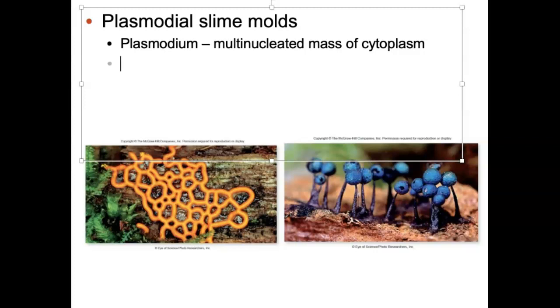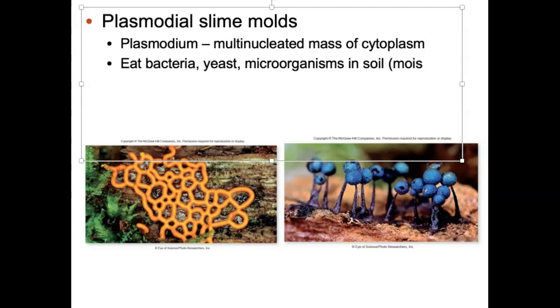Ecologically, they're going to eat things like bacteria, yeast, basically microorganisms in the soil. So these are terrestrial. We're not going to find these in aquatic systems. Moist as well. You get dry, doesn't do them any favors. So moist environment. When it does dry out,